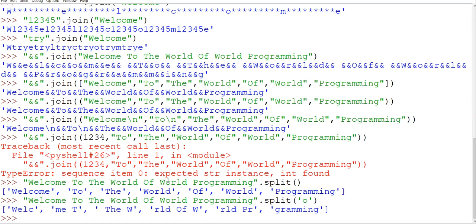But when we talk about partition, it will always give you the information in 3 parts: the starting part, comma, the center point which is decided by you, comma, the ending part. In the partition, we will give a separator.